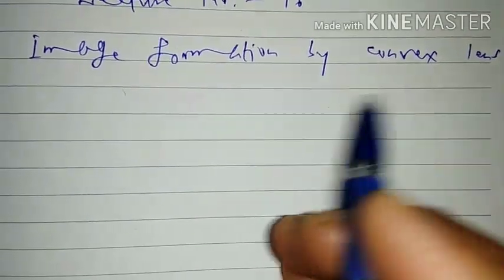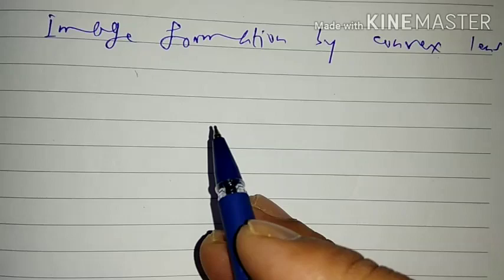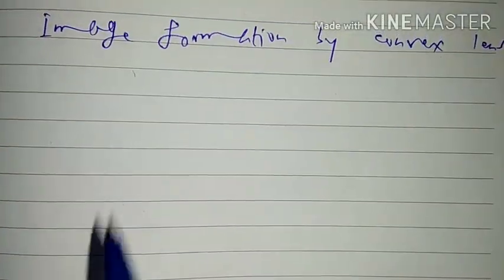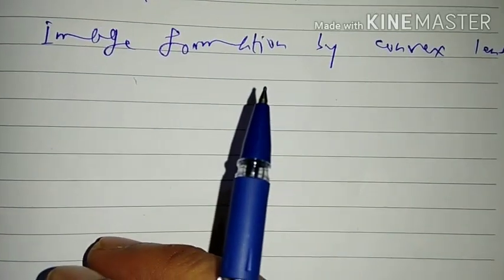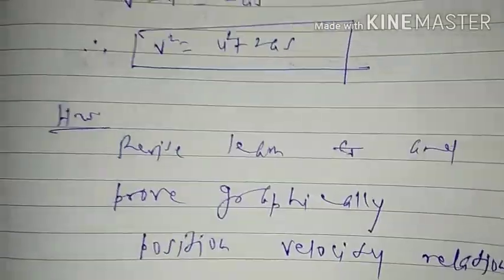As we know that to represent image either by reflection or by refraction, we take at least two rays. So, out of the three rules which we had learned in our previous class, these were,